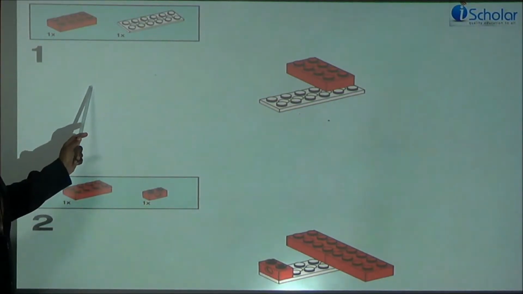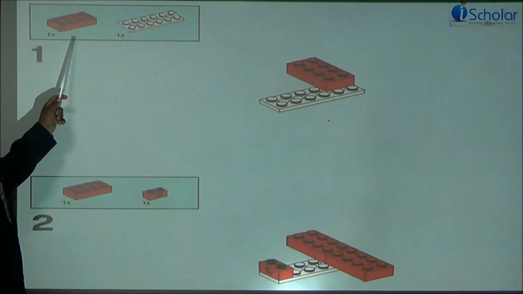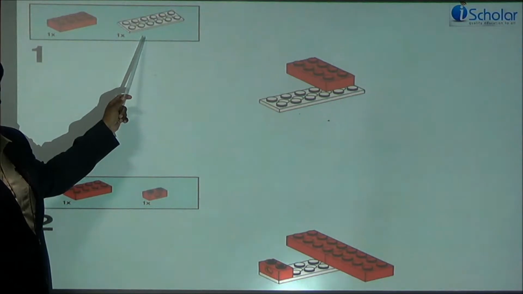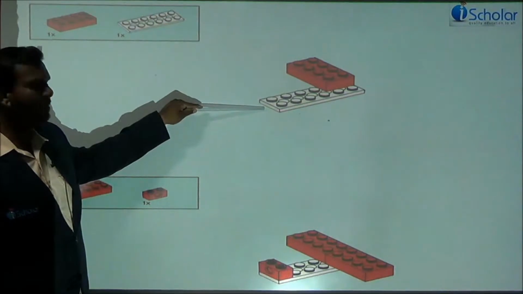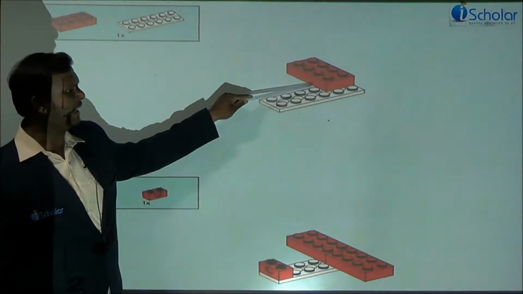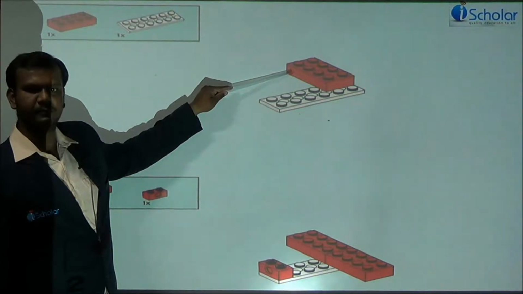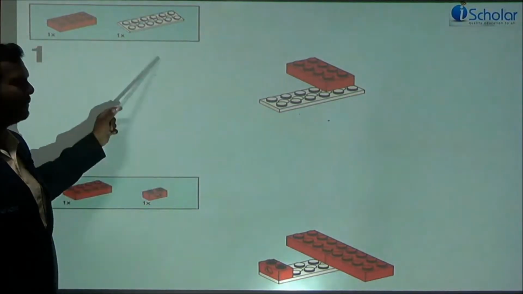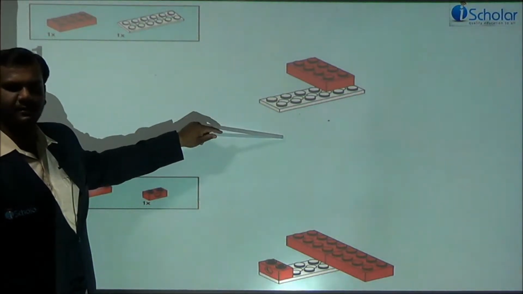In step 1, there are two components used. One is the red color building block. The second one is a thin white structured block. So what have we done? Step 1, first the white block is placed, and above that, towards one end, the red color block is attached above it. Clear? Now we can see step 2 and we can start doing step 1 and 2 put together. Fine. So step 1 is clear. Have you all identified these two blocks?